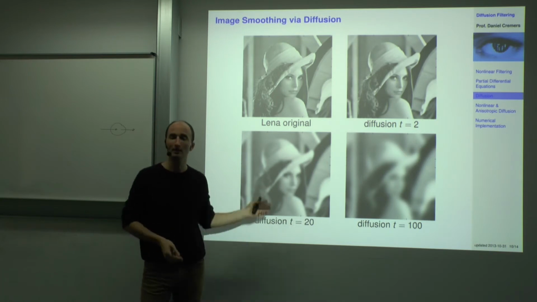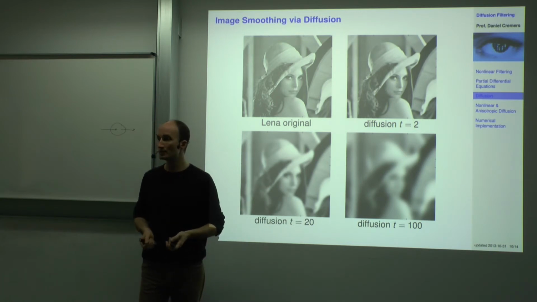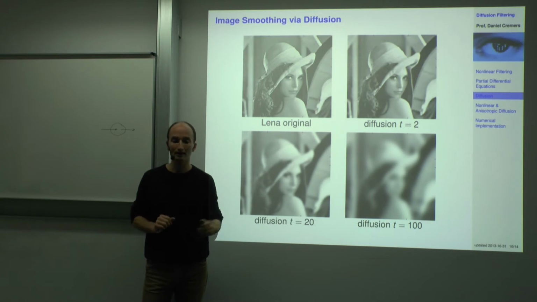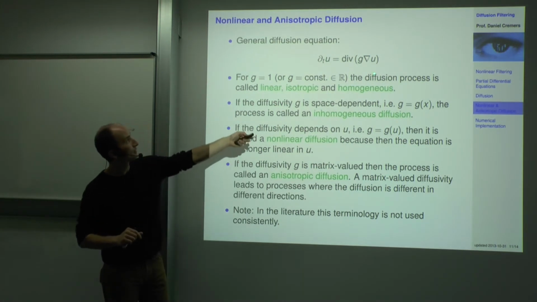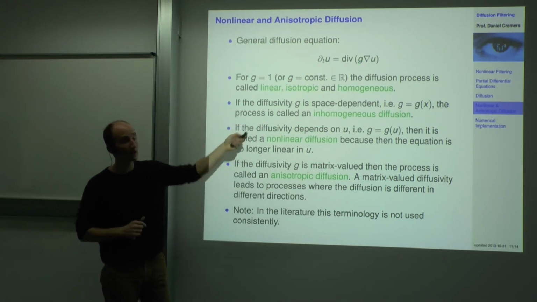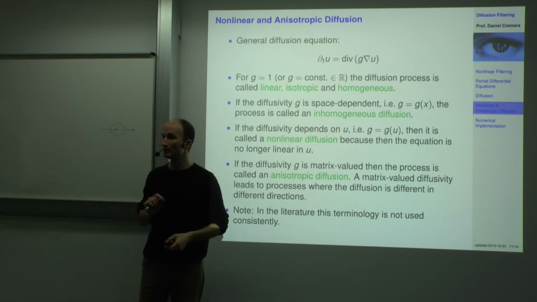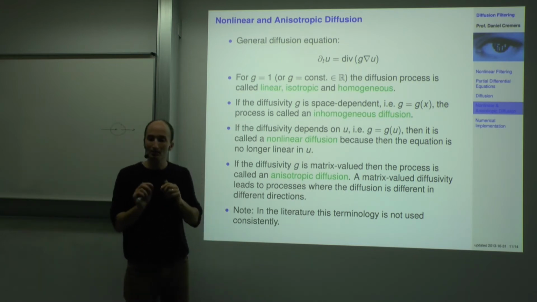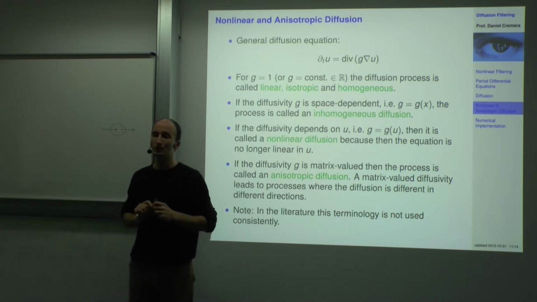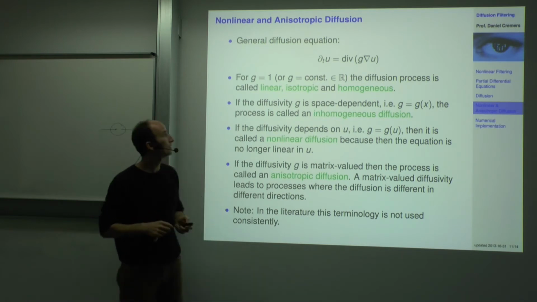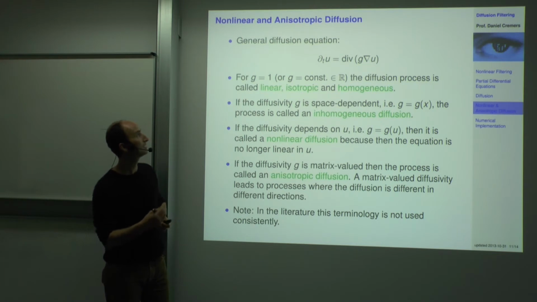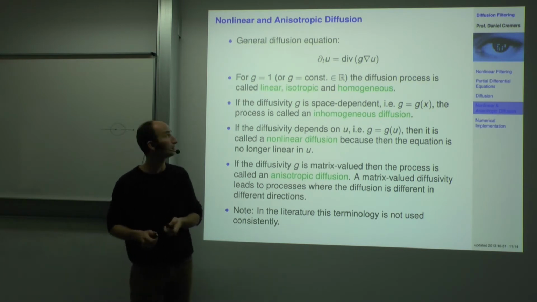So you would argue here, what's the use? Why do we study diffusion? Well, it turns out this is only the linear diffusion. And with Gaussian diffusion, you can consider the general diffusion equation and then look at G. G is your diffusivity, and depending on how you select it, you can create a whole family of quite fascinating diffusion processes. To give you a little bit of terminology of what kinds of diffusion processes you can talk about,